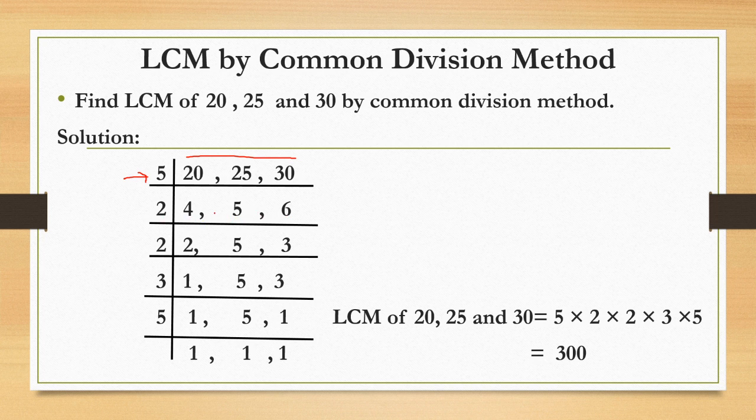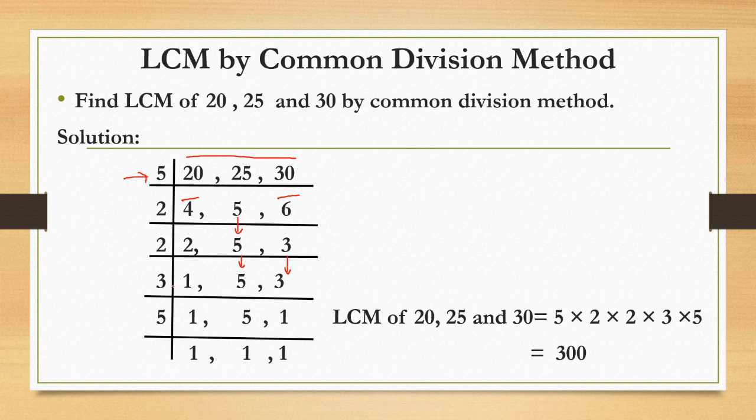So what you have to do, you have to divide these numbers by 2. After dividing these two numbers, we got here 2 and here we got 3. But this 5 is not divisible by 2, that's why we have taken 5 as it is. Again we will take 2, because all of these numbers are not divisible by the same number, so we are going to take our smallest prime number. After dividing by 2, here we get 1. Now this 5 is not divisible by 2, so that's why we have written 5 as it is. And this 3 is also not divisible by 3, sorry, 2, that's why we have written 3 as it is.